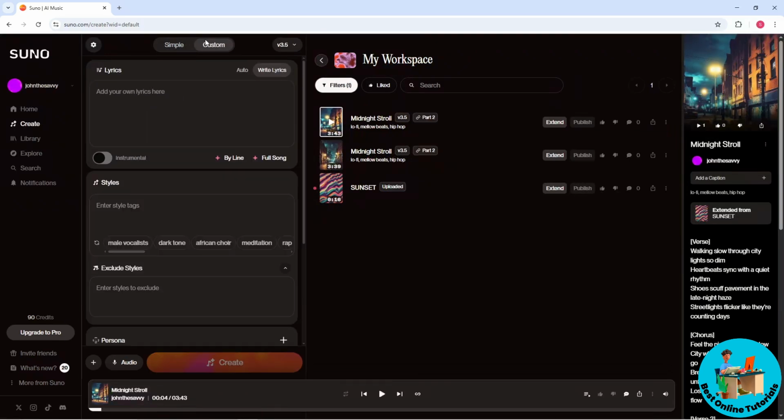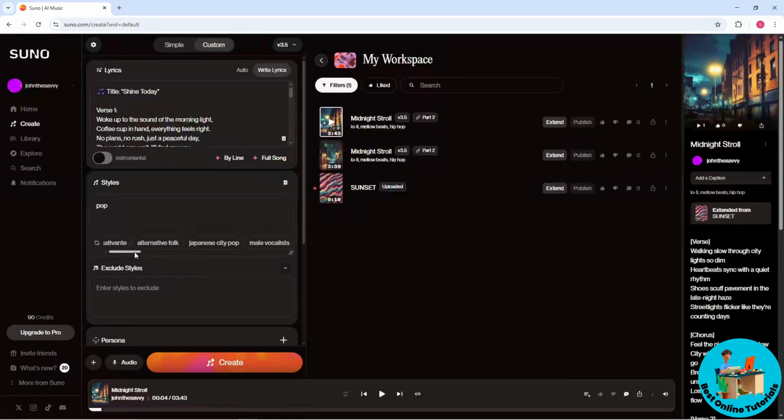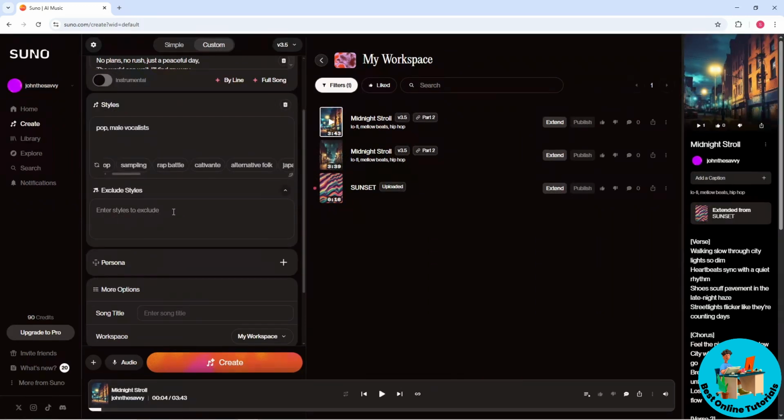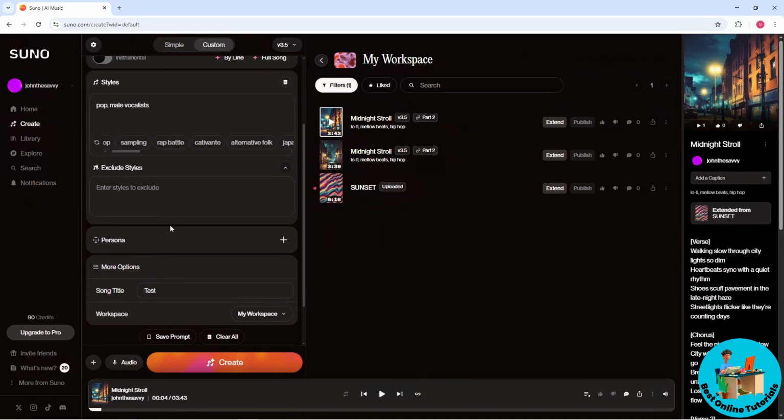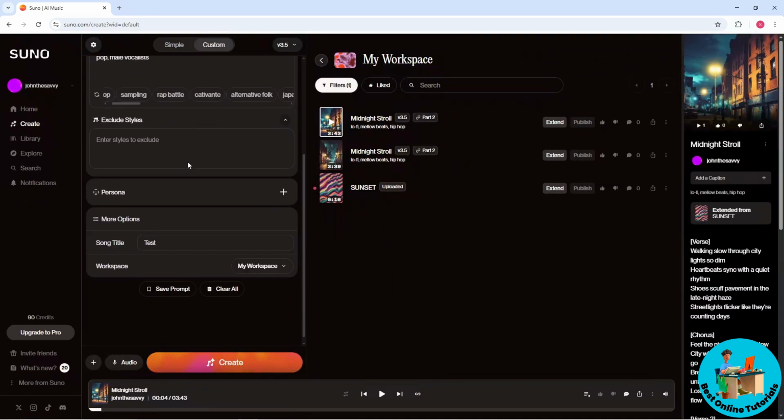So guys, from the custom, you should be able to add your own lyrics over here, and you can turn on instrumental as well. And from here, just simply provide the style that you would like to do. Let's say I'm gonna go for pop, and now I'm gonna go for male vocalists. And now you could enter a style to exclude as well. You could go for the song title over here. Let's say I'm gonna go for test, and pretty much just simply provide all of the necessary information